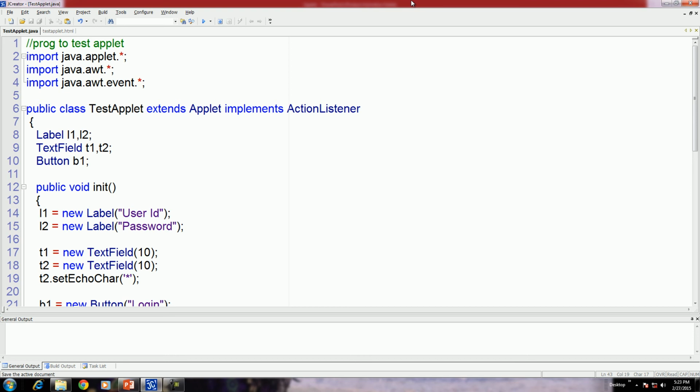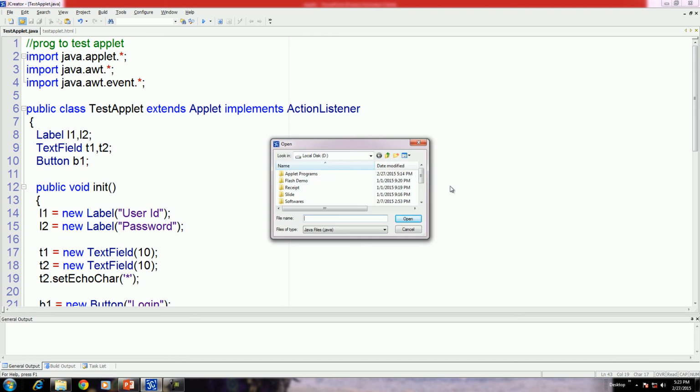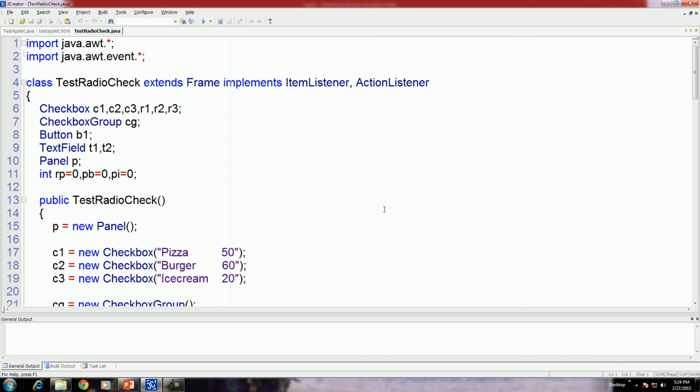Okay, like this. In the previous lecture, we performed a number of programs: login screen, marksheet of student, radio button. We have also handled radio button, checkbox, combo box, list box. You can perform all these programs on an applet. Let us convert one program from frame to applet. Suppose the program is TestRadio.